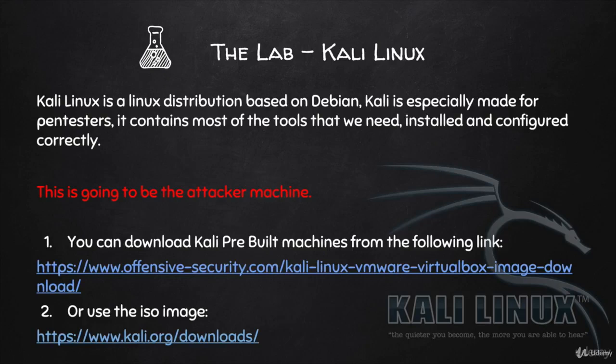Now, throughout the course, we're going to be using a number of penetration testing tools. You can go ahead and install each of these tools manually, or you can do what most pen testers do, including myself, and save time and effort and use an operating system designed